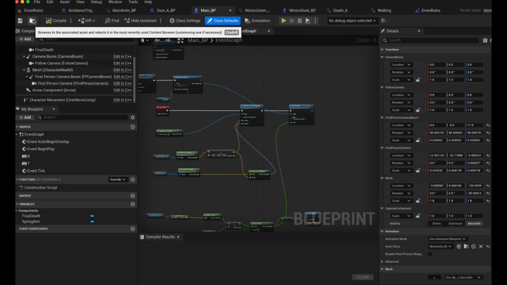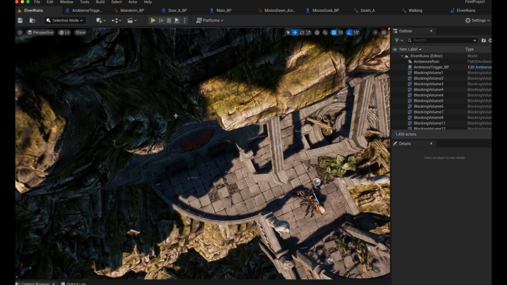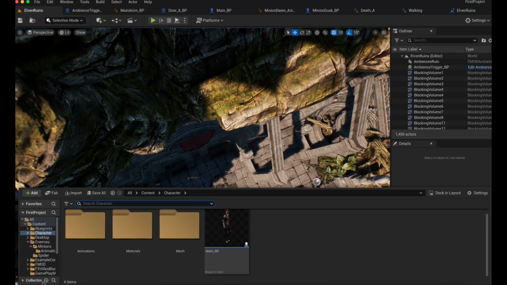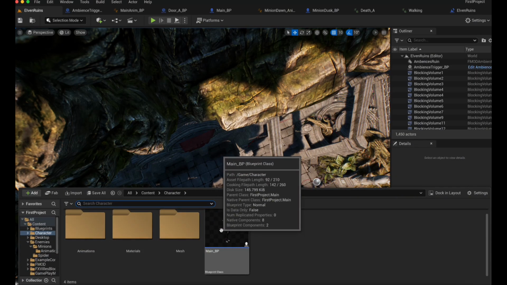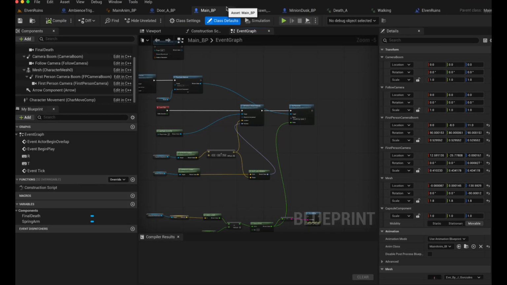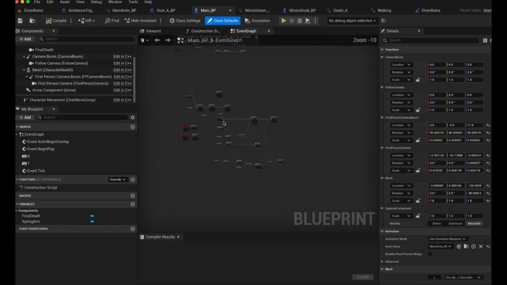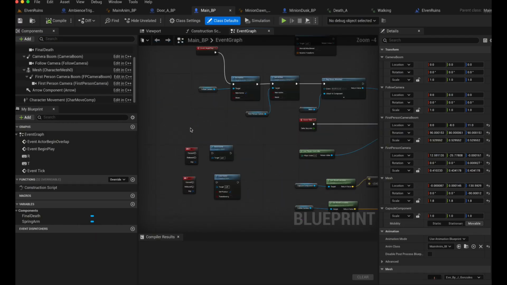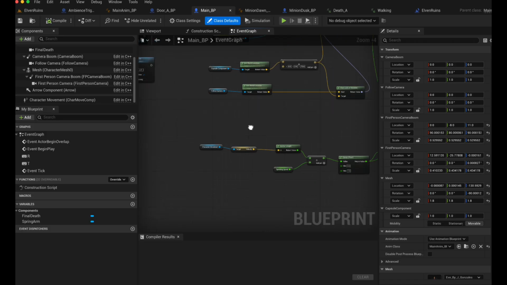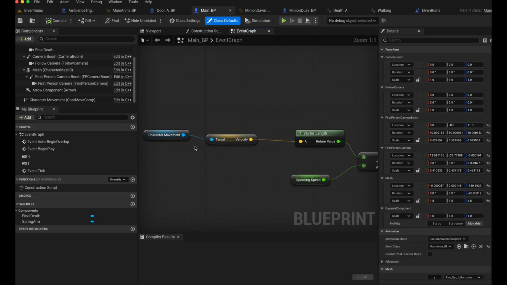We can add a system of breathing for the character in Unreal, and that is easily done in FMOD because the main system is already present in your main blueprint. If you look into your content drawer, into character, and then you double click on main blueprint, you will open up the character blueprint, and between a lot of other things you will see already that you have a